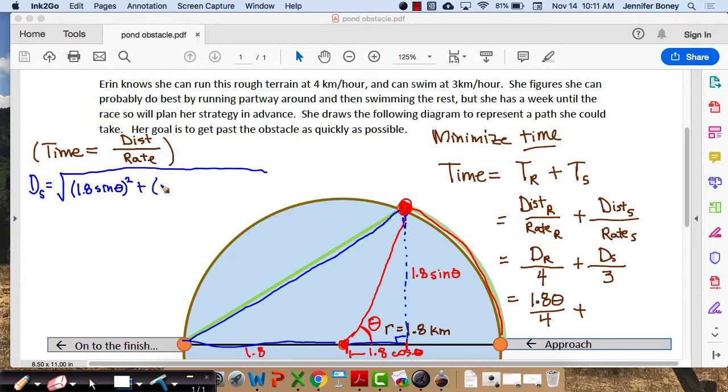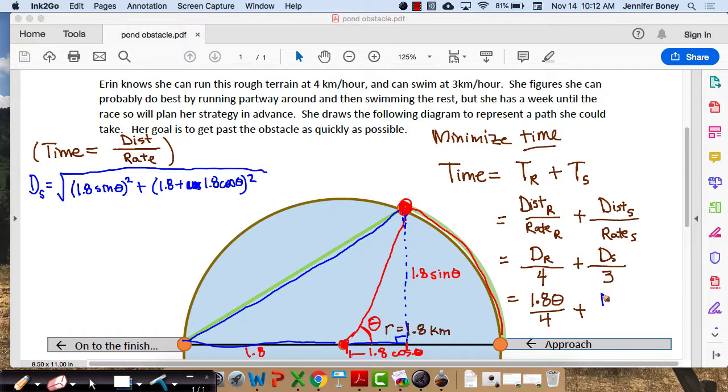Now, guess what I'm not going to have you do after this? I'm not going to take a derivative and set it equal to 0 and whatnot right now, because this is starting to look like a mastery test example, and I'm not sure. We might be looking for places where it's undefined, actually. Let's see, 1.8 plus 1.8 cosine theta is the bottom side length squared plus the vertical side length squared. Square root of all that should be our